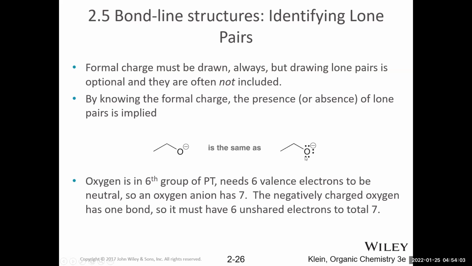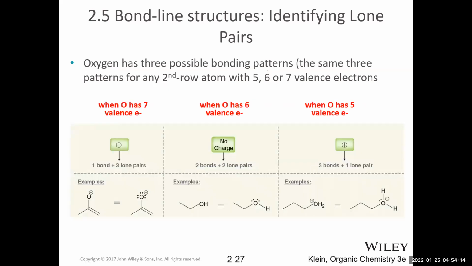Of course, oxygen needs an octet, so that's another indication that we should draw 3 lone pairs so that the oxygen has a total of 8 electrons around it. Let's look at some common patterns. When you recognize common patterns, you just have to calculate less often. So for example, if I just recognize that when I see an oxygen with 3 lone pairs and 1 bond, there's a negative charge, I don't have to go, oh, it's 6 minus 7 equals -1. You just start getting used to the pattern.